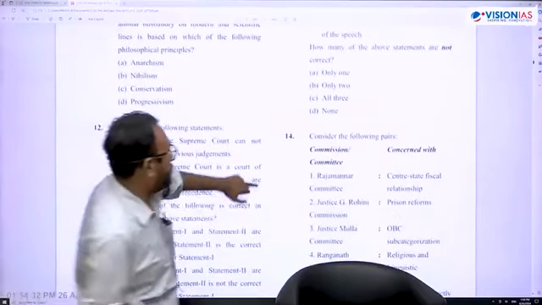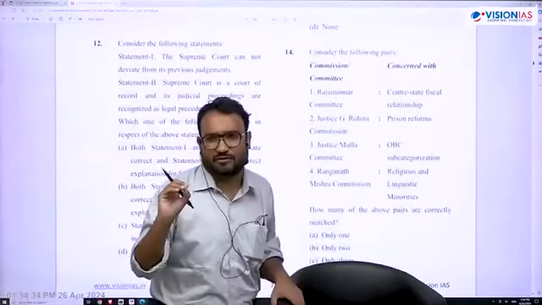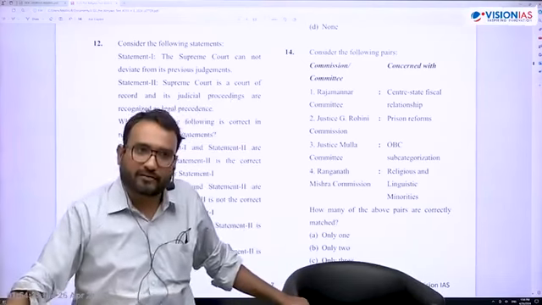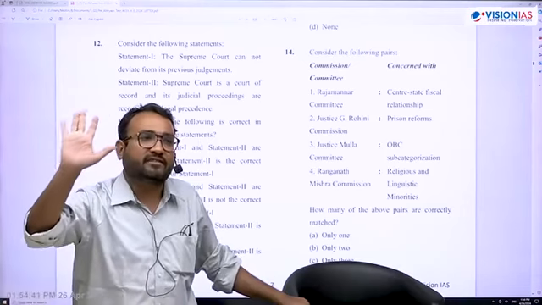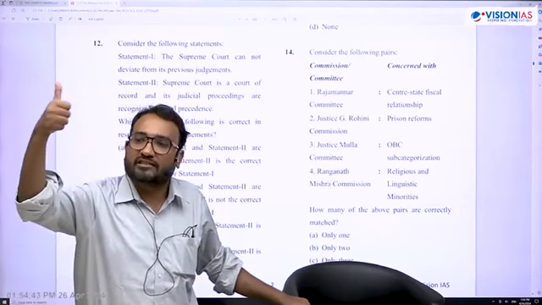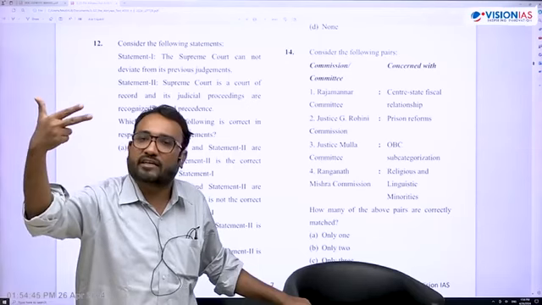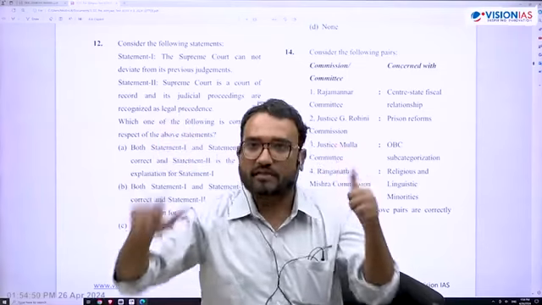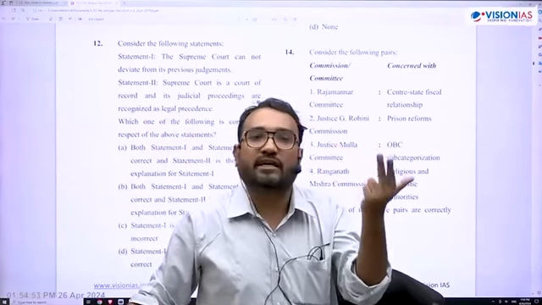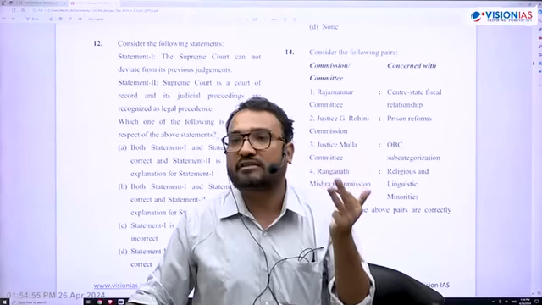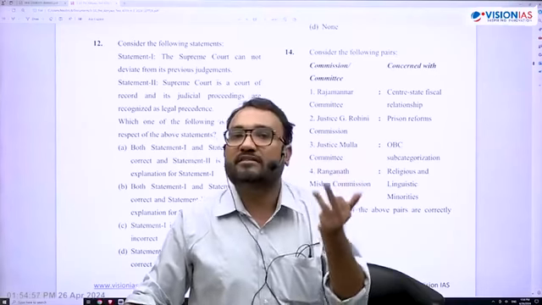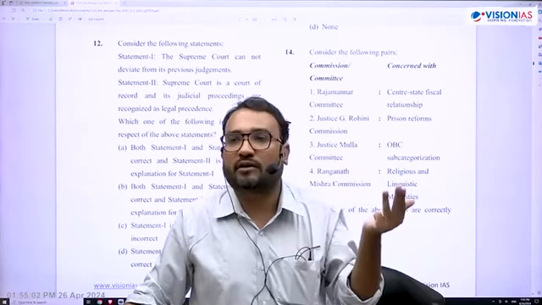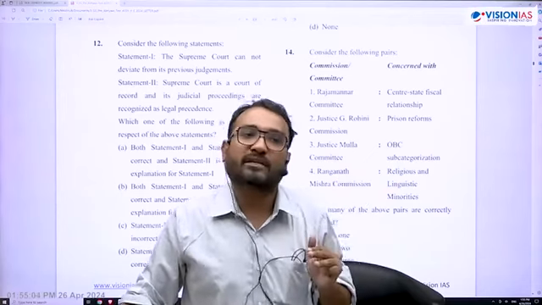Next question is 14. Now this is a factual question. Center-state relation remains very important. Center-state relation starts from Article 245 of the Constitution. What are the 5-6 dimensions of center-state relation? Legislative relation, executive relation, and financial relation. Then you have national emergency, president rule, and financial emergency. That makes 6. Then you have interstate water dispute, you have Niti Aayog, and you have the interstate council. Article 262 is interstate water dispute, Article 263 is interstate council, and then you have Niti Aayog, 1st January 2015 through a cabinet resolution.